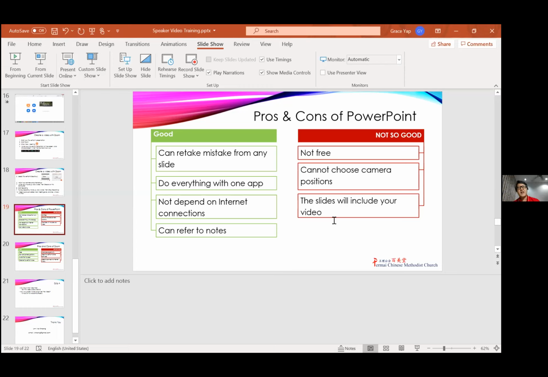And it doesn't depend on internet connections. I think when you start Zoom recording, even if you record on your local machine, when you first try to create a meeting, it will still need internet to call Zoom. So it still needs internet. It may not be a problem because after you create the video, you also need internet to upload to YouTube or whatever, or share to other people. But just bear in mind